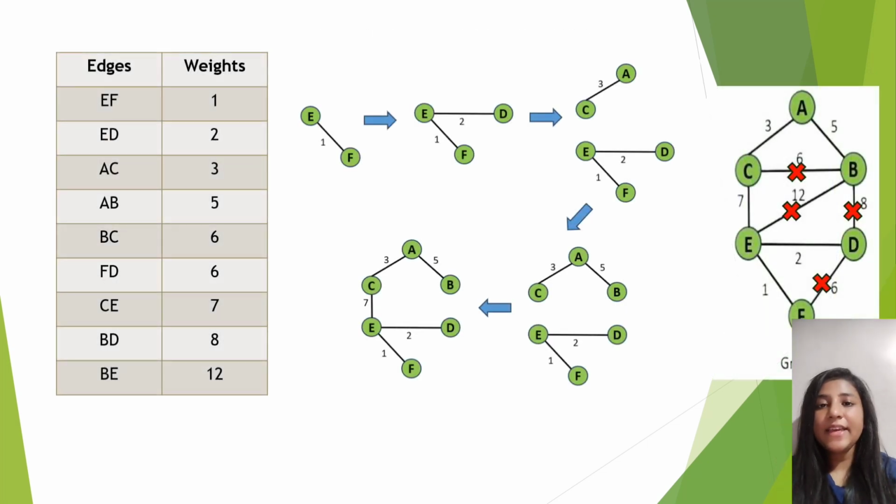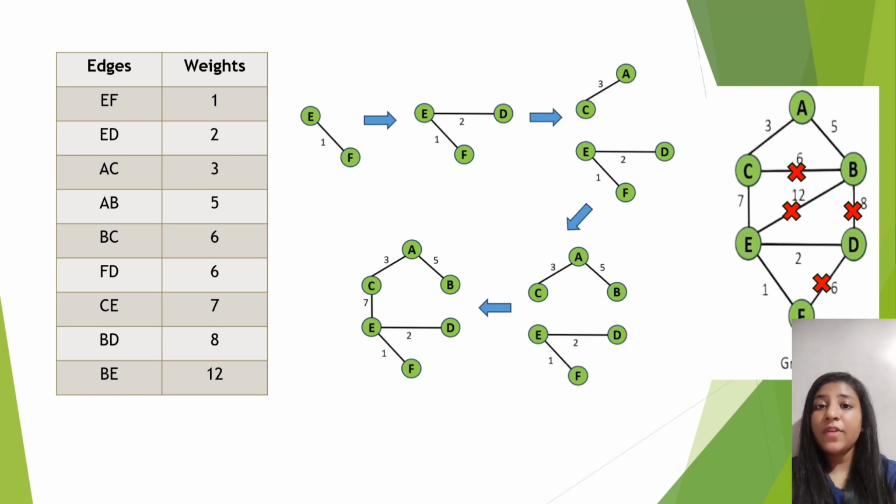Okay, here's our example graph. We have already sorted the edges by weight, smallest to largest. We will go through this list and build the MST using Kruskal's rule. Pick the smallest edge that does not make a cycle. We stop when we have V-1 edges. Here there are 6 vertices, so we need 5 edges. First,